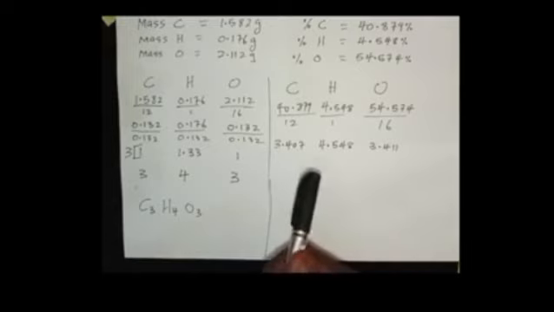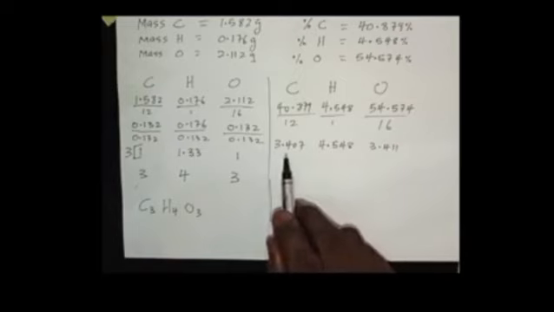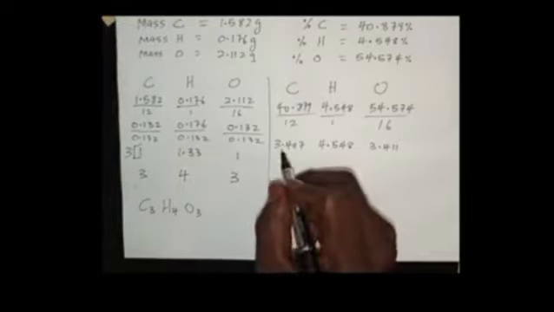So it's very, very important that you don't approximate too much when you're doing things like this. So I prefer leaving my answers to 3 decimal places to avoid errors. So compare the 3 answers you got here. This particular one here is the smallest. So I'm going to divide through by this particular one, and that gives me over